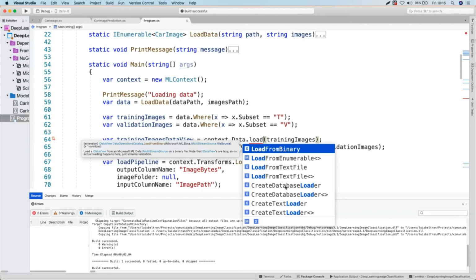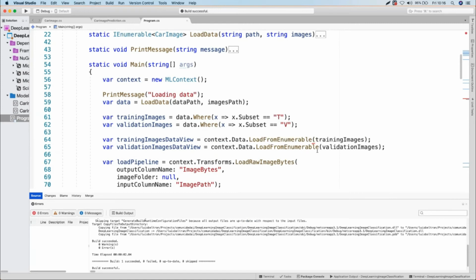Create database loader is different. Yes, create database loader. But in this case, I want to load from enumerable. I could have also used directly load from text file, but I don't want to because I have to split the information before. Or maybe if I have training data in one file and validation data in another file, I can directly go for this other method.